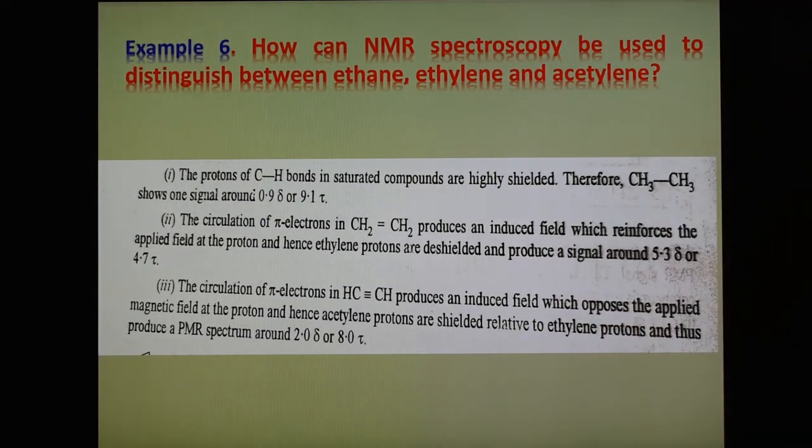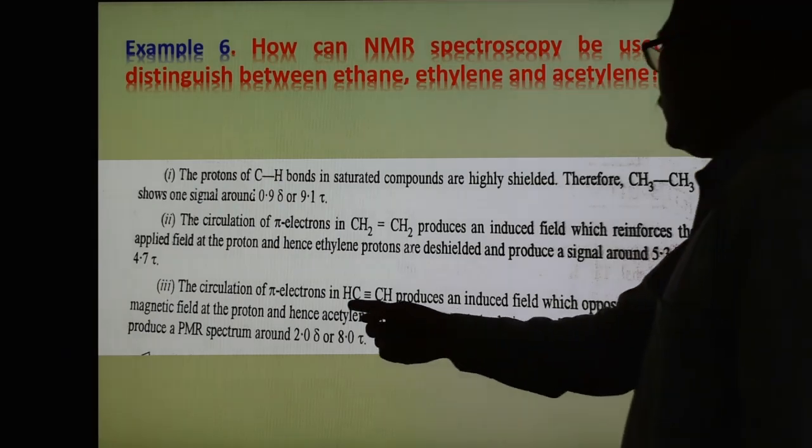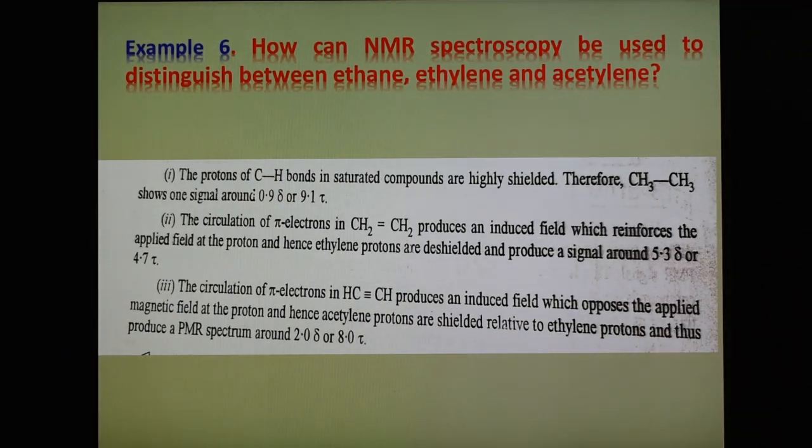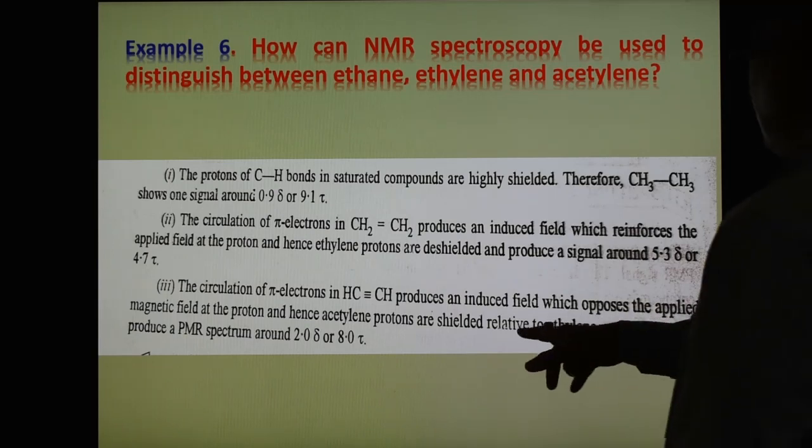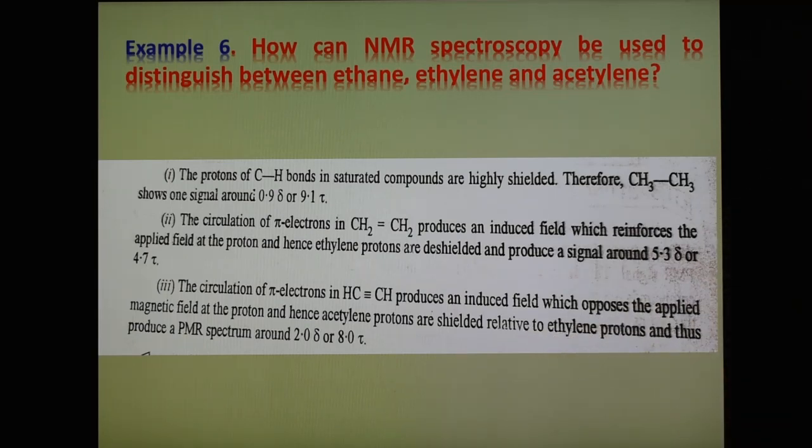Here it is observed at 5.3 delta. Now in case of acetylene, there is again circulation of pi electrons because two pi bonds are there, and this is the acetylene structure. Circulation of pi electrons in acetylene produces an induced field which opposes the applied magnetic field at the proton, and therefore acetylene protons are shielded as compared to the ethylene protons,